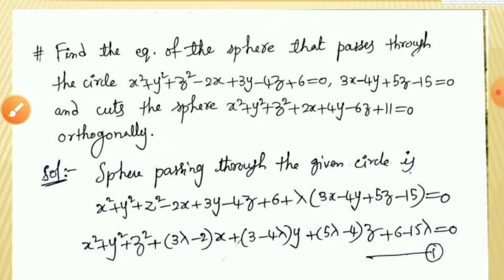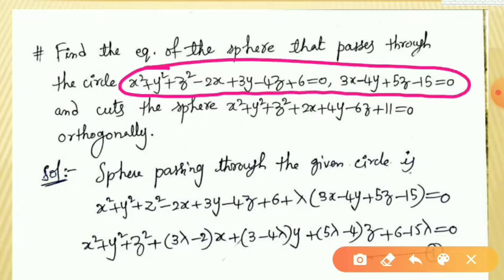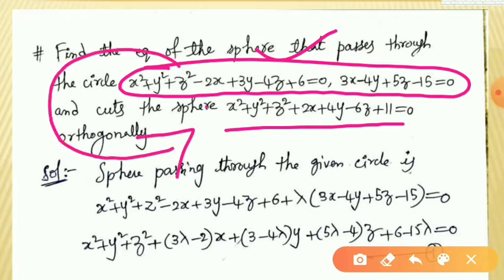So we have to understand the problem first. So in the problem you are given the equation of a circle. This is the equation of a circle. So already we know that in three-dimensional geometry every circle can be given in terms of two equations. One is the equation of the sphere and another is the equation of the plane. Therefore this is the equation of the circle, and this is the equation of the given sphere. So what we have to do in this problem? We have to find a sphere passing through this circle and intersecting this sphere orthogonally. We have to do that.